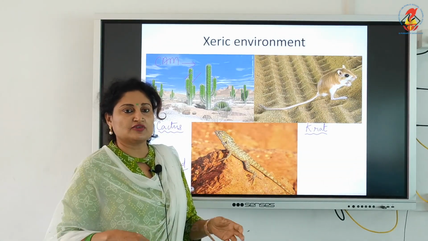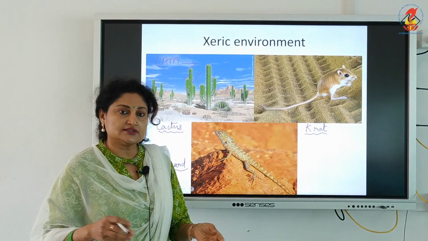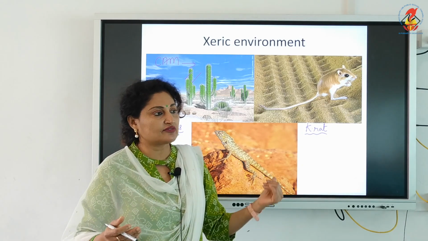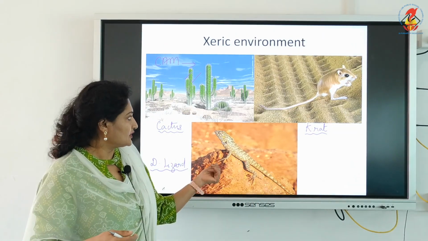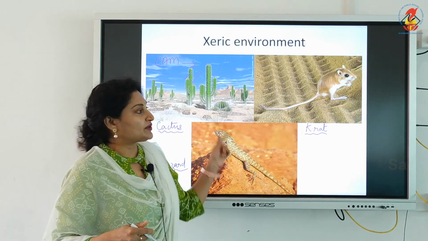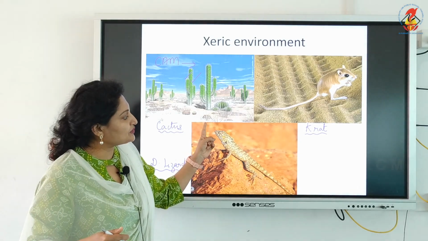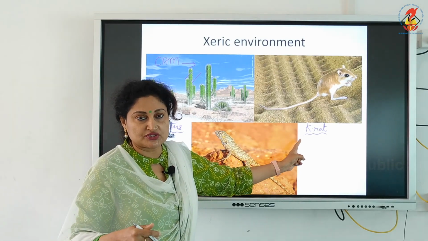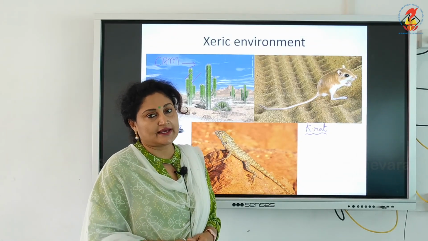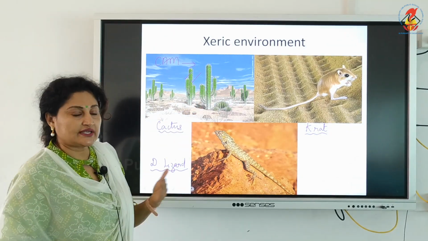Some lizards are even burrowing also. They show burrowing habit. That is, to escape the heat of the above soil, they live in burrows. We have the desert rats also in this category, as well as the desert snakes. But in the text, the examples given are the cactus showing a lot of morphological adaptations, kangaroo rats showing physiological adaptation, and the desert lizard showing behavioral adaptations. So now we will move to the next environment,